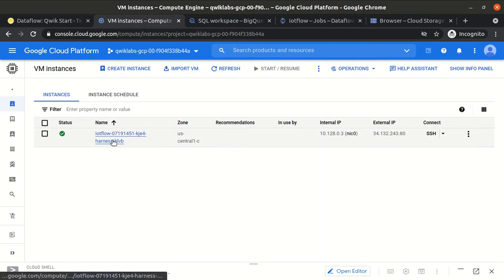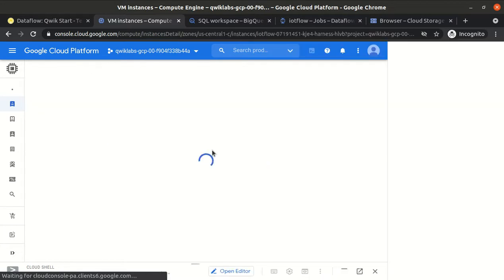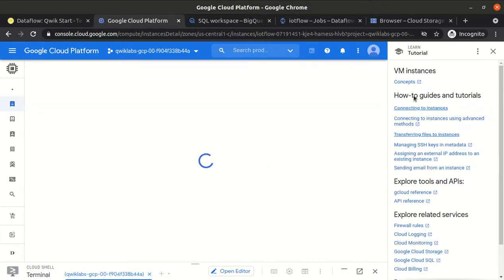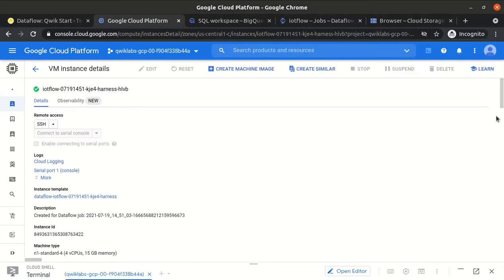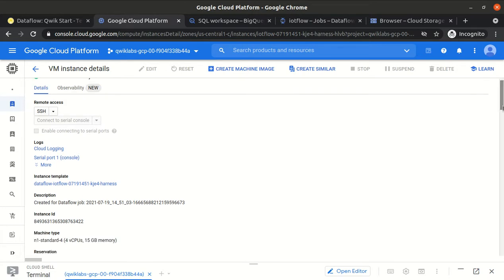See, I have not created the VM, it automatically created the VM for us. If I go into the VM section, VM instances, because Dataflow is a managed service, as of now it required only one VM, so it created one VM. If the load increases and it needs two VMs, then we could see two VMs here automatically. It is a managed service, and it will automatically scale accordingly. Automatically it selected the N1 standard machine type. Let me close this.